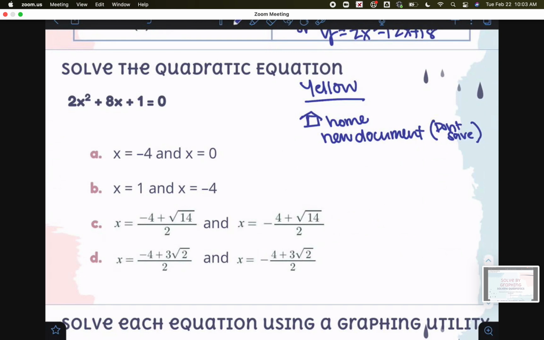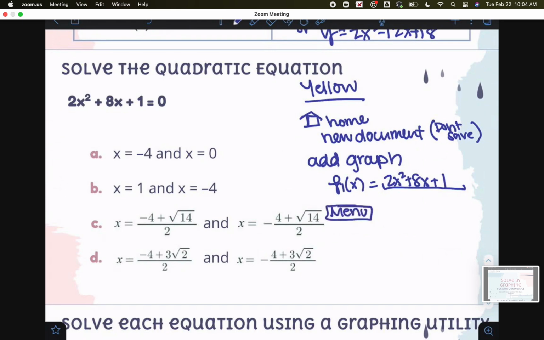From there, you are going to be sure that you select Add Graph, because we want to graph this. When you add graph, you would be able to type in the 2x squared plus 8x plus 1. Once you've typed it in, you're going to hit Menu, then select Analyze,